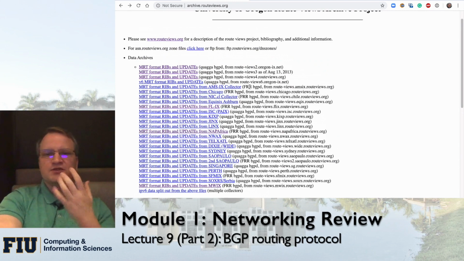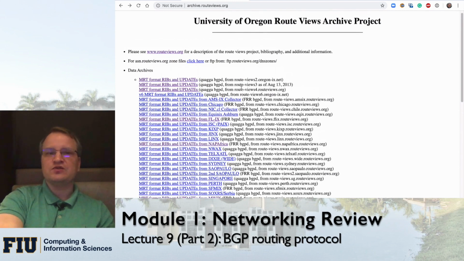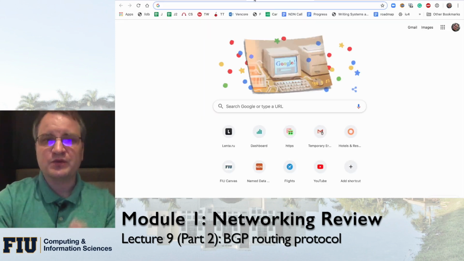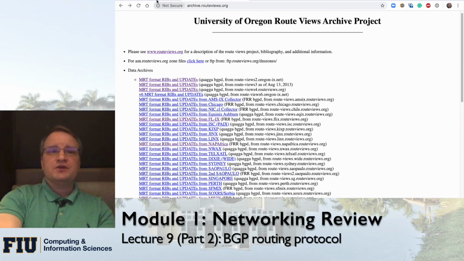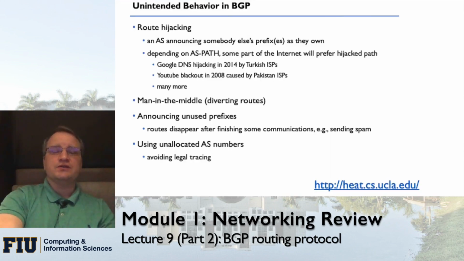This one doesn't really give you any information unless you know how to process all these MRT files. No graphics. Cyclops gives you some additional graphics. Similar archives exist for RIPE, which is the European RIR, but I'm not going to go into that detail. I just know that there are some archives. Those archives are not really needed for the functioning of the internet. It's more for the research side, to try to understand behavior over the long term.